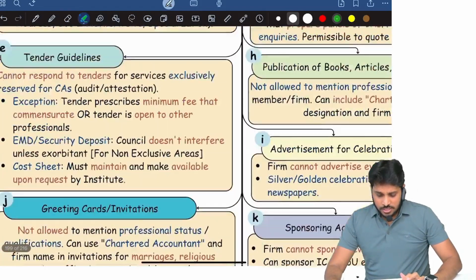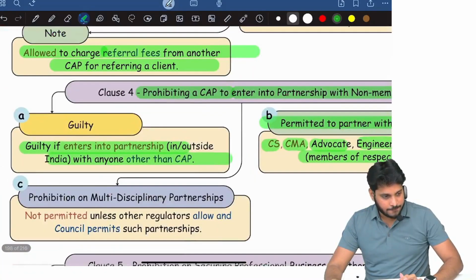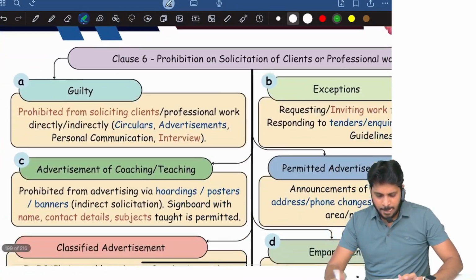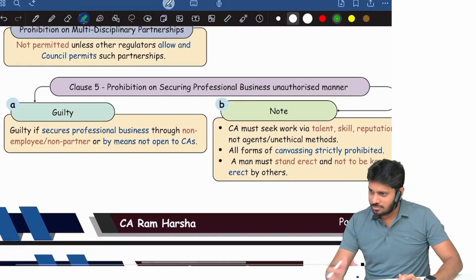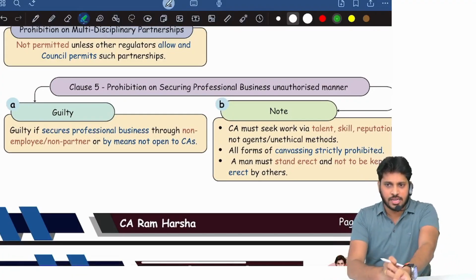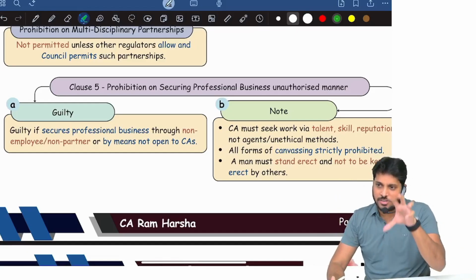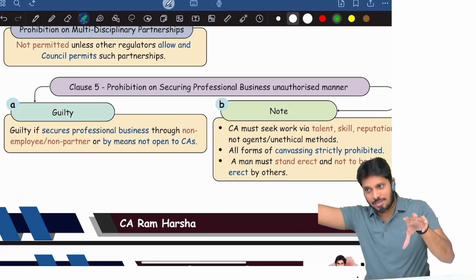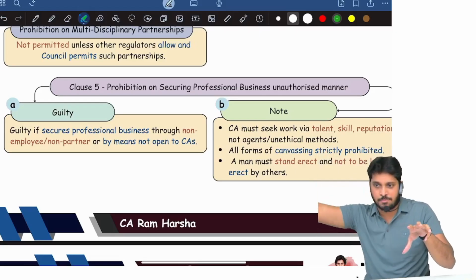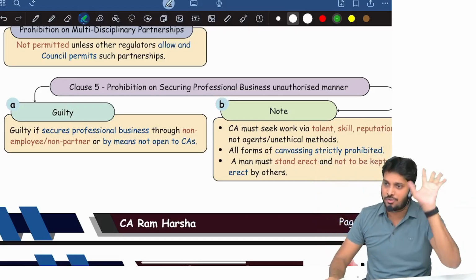Clause number 5. If this is completed, the major chapter is over. This Part 1 Schedule 1 only takes time; the rest will all take the same amount of time. How much ever time Part 1 Schedule 1 takes, the remaining 3 parts and Schedule number 2's remaining 3, all 6 parts will take an equal amount of time like Part 1 Schedule 1. Next,